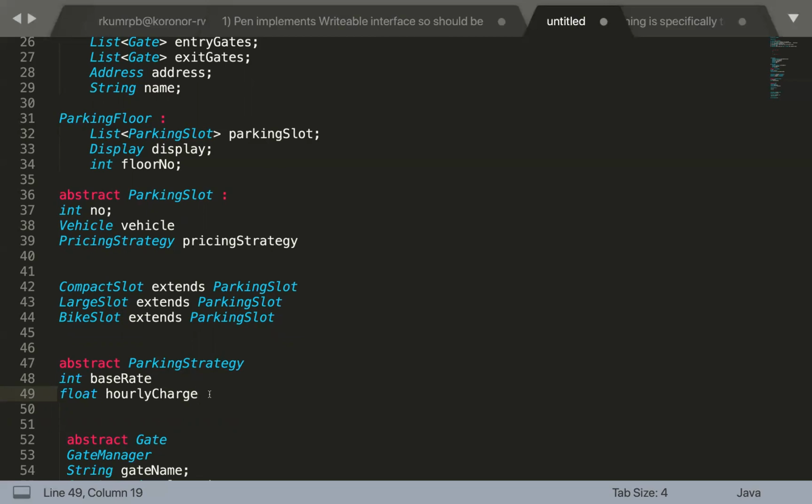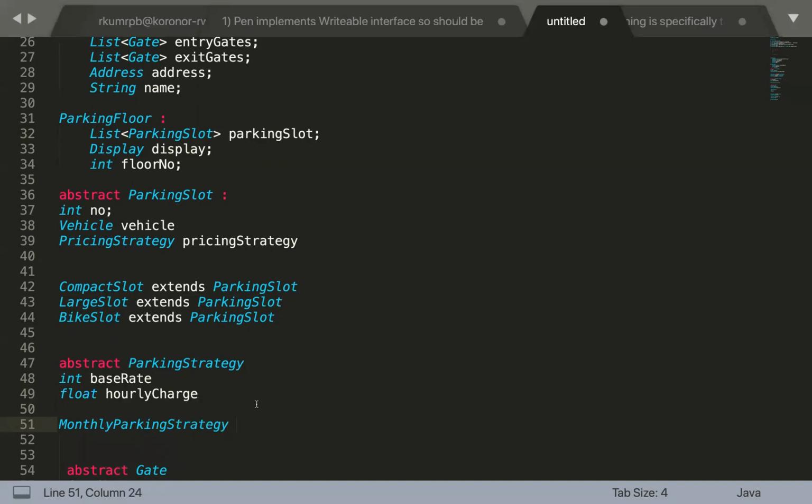So that person says, I want some kind of discount for monthly. For that, this strategy can be there: a monthly parking strategy will be a better name.